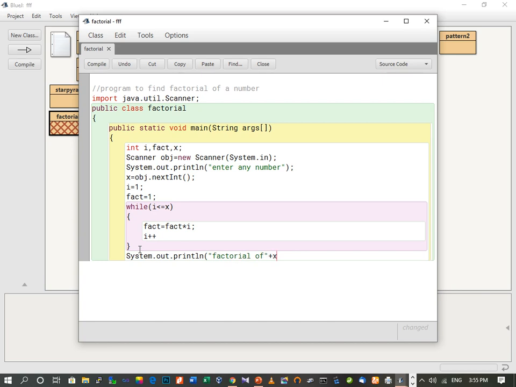We are computing the factorial of x, so we have written it like this: x is, and then we need to print the value. The factorial value will be stored in the variable fact, and then we close the bracket.